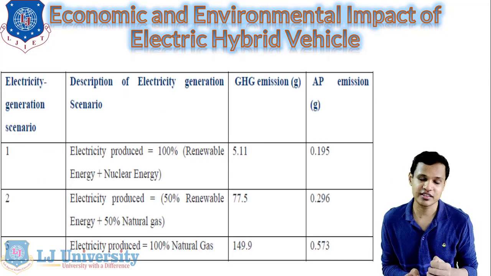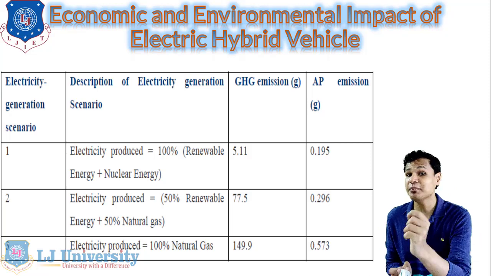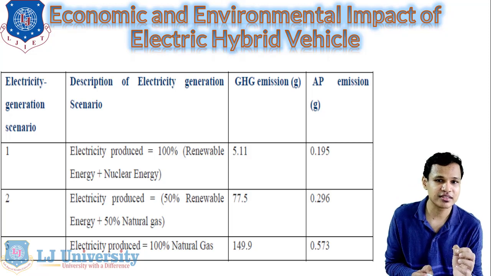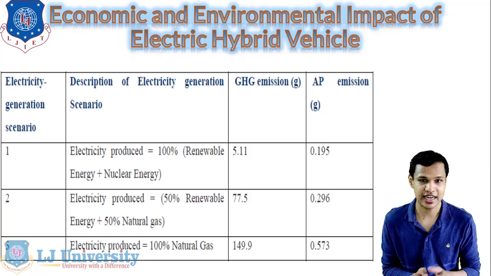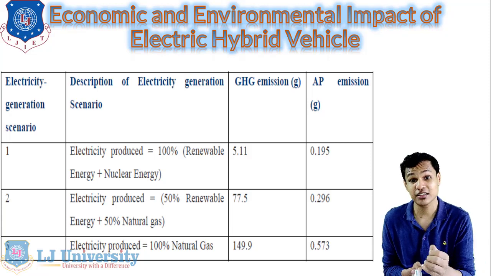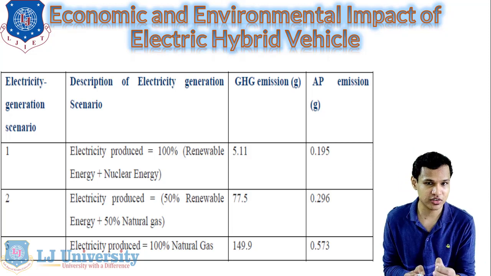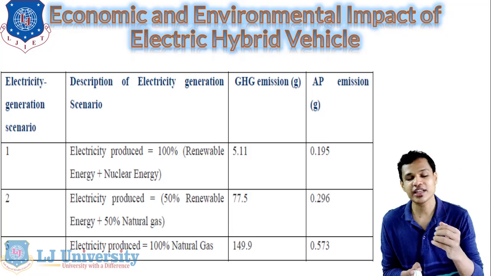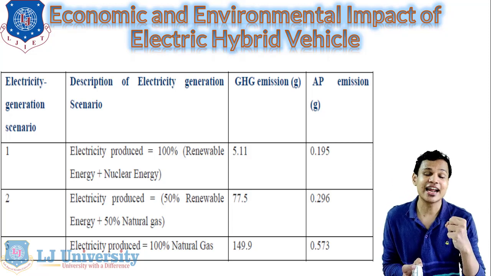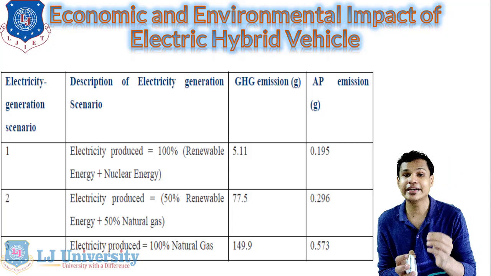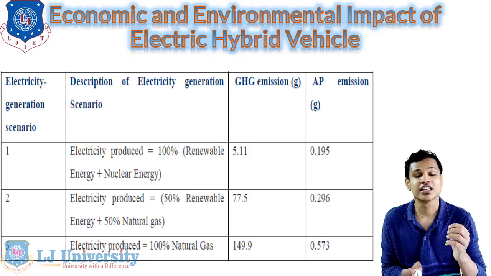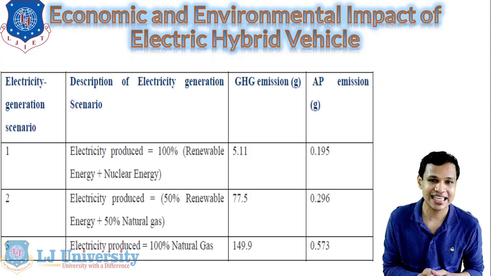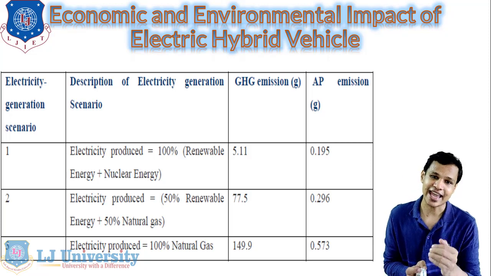Lastly, the GHG emissions you are seeing are greenhouse gases, and AP emissions are air pollutants. Greenhouse gases such as CO2 and NOx, and air pollutants such as carbon monoxide, hydrocarbons, sulfur dioxide, etc. So you can see that if electricity is produced 100% from renewable energy or nuclear energy, then the GHG emissions will be around 5.11 grams per vehicle, and air pollutants will be